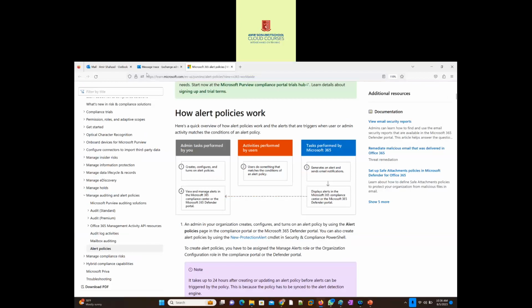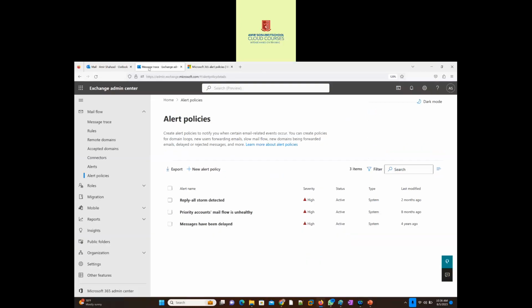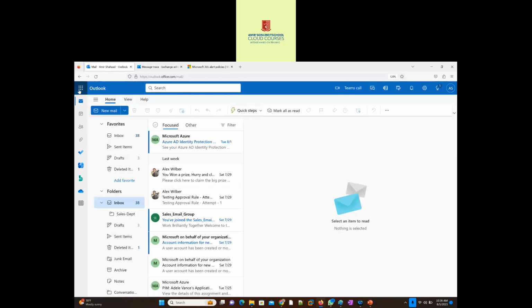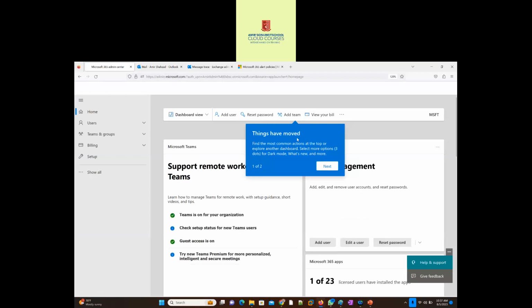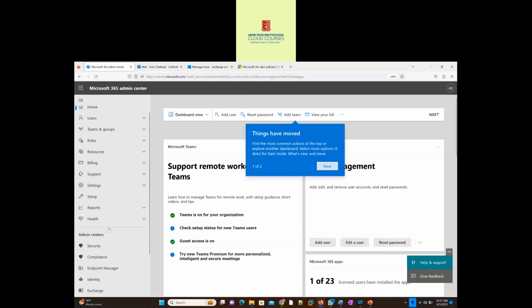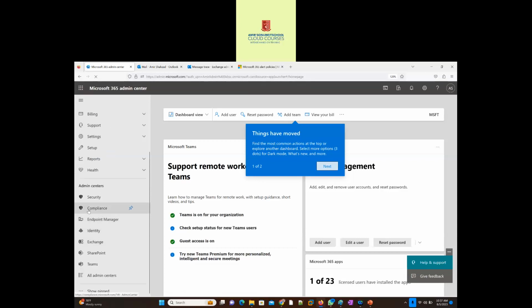So we're talking about Purview compliance. I'll keep that admin portal always open. And when we were talking about this, oh, things have moved. You keep doing that, Microsoft. Anyway, Teams is there. So show all if I go there. There's compliance here, and if I click compliance here,